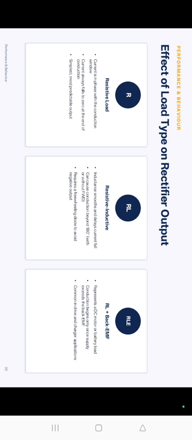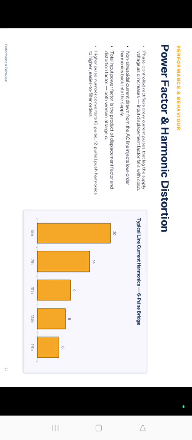Next one is resistive and inductive load. Inductors smooth and delay the current fall, which can cause conduction beyond 180 degrees. Requires a freewheeling diode to avoid negative output. Next one is RL plus back EMF. This represents a DC motor or battery load; conduction begins only when the supply exceeds the back EMF, common in drive and charger applications.